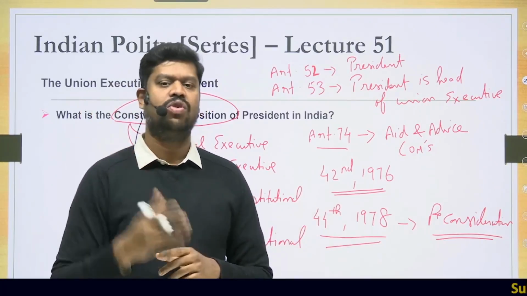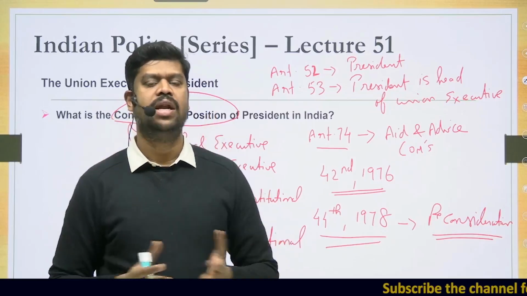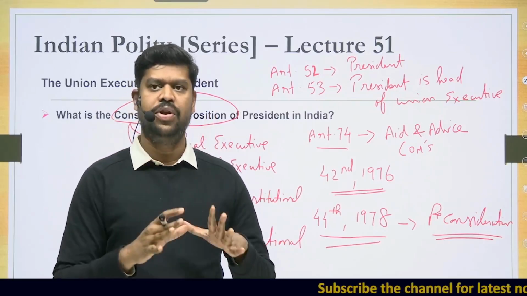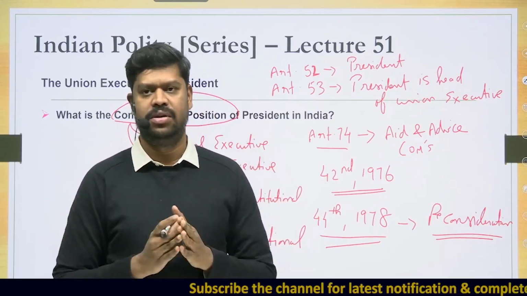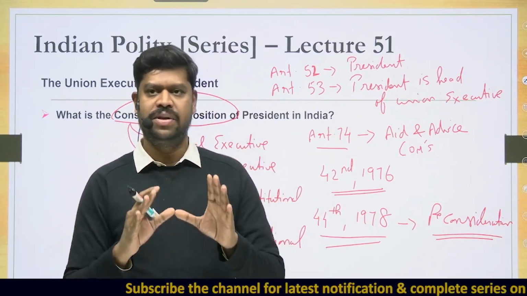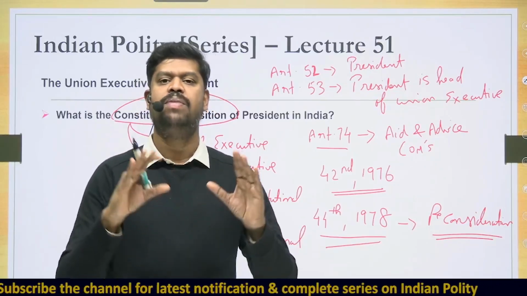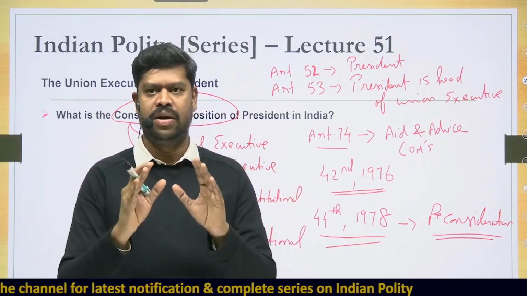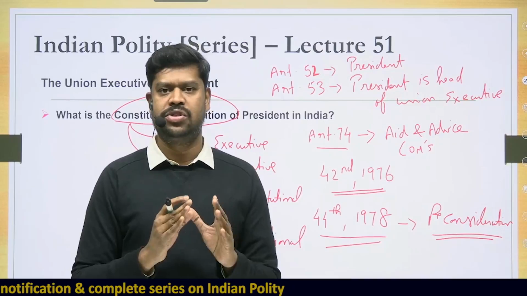And when the government has lost the majority, the advice given by that Council of Ministers is not binding upon the President. Because at that point of time, the government becomes what is called a caretaker government. So in reality, the President actually does not dismiss the government, but the government becomes a caretaker government. And what is this caretaker government? I'll explain that a little later. So right now, try to understand.